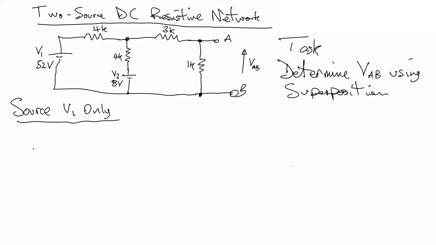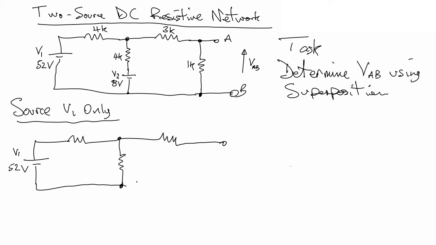Okay, so a quick sketch of what that circuit would look like. Here we go, V1, 52 volts, there's a 4K, there's a 4K, no battery here, we're not considering V2 at all, and of course we've got the rest of the circuit over that way. There's B, 3K here, that's a 4K, and that's a 4K resistor also. Okay, now then, we've also got a resistor here,